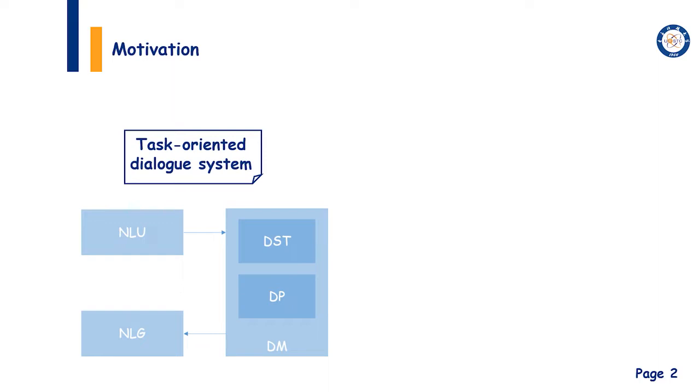The DM takes the output of NLU as well as dialogue context information to determine the corresponding actions to be taken by the system. A typical DM component includes two stages: dialogue state tracking and policy learning. In the last module, NLG, the system's responses are converted into appropriate statements in natural language that the users can understand.